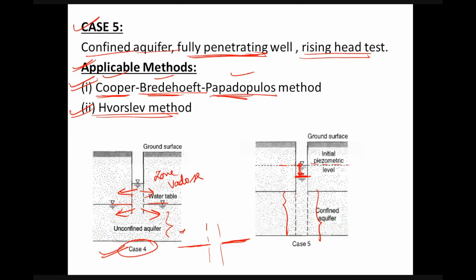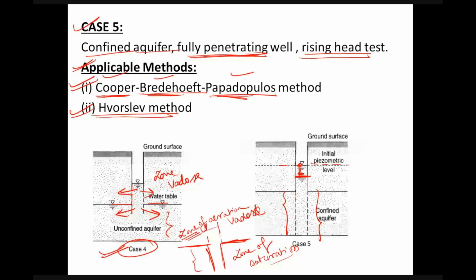So in this case, this is the zone of aeration and this is the zone of saturation over here. Okay, since this is the zone of saturation, and this is the Vadose zone. In the saturated zone, all the pore spaces are completely filled up with water. And in this Vadose zone, we know that some of the pore spaces are filled with air and some of the pore spaces are filled up with water. So in this case, the hydraulic conductivity or the aquifer properties of this portion, the zone of aeration, will be different from this zone of saturation.